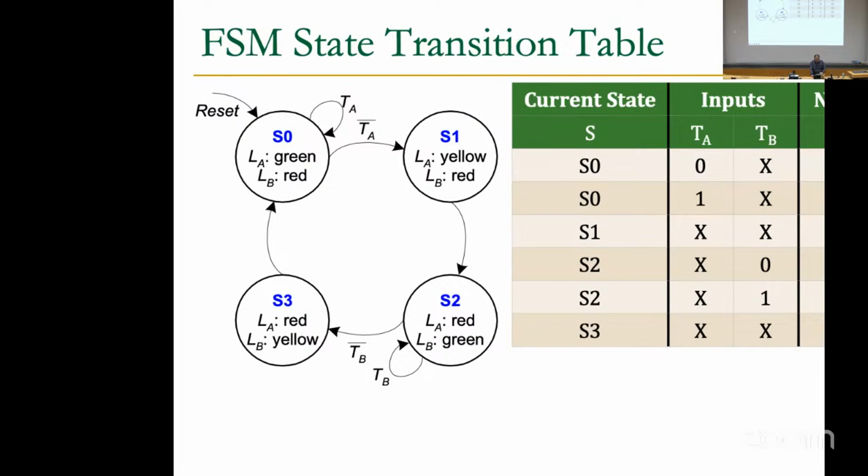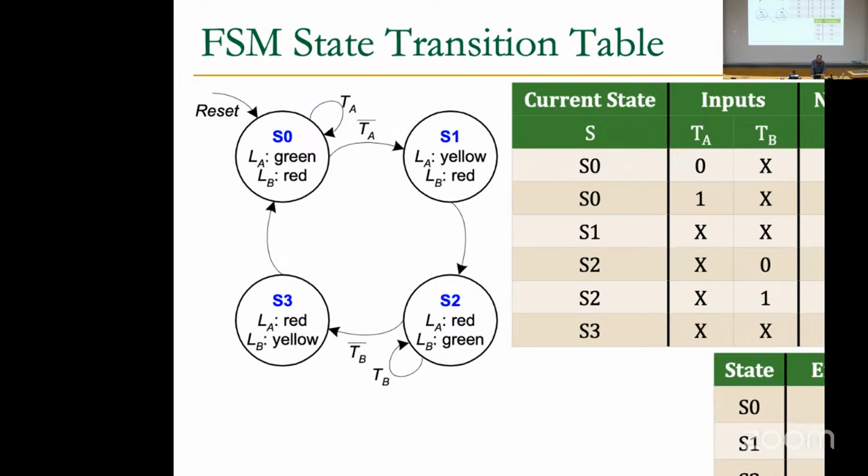So this is the next state, which shows you the combinational circuit. The combinational circuit needs to generate these outputs, essentially, based on this current state and also these inputs. So now we need to somehow encode our state. This is one encoding. We have 4 states here, and we can encode them with 0 0, 0 1, 1 0, 1 1. We're going to see also other kinds of encoding in a bit.